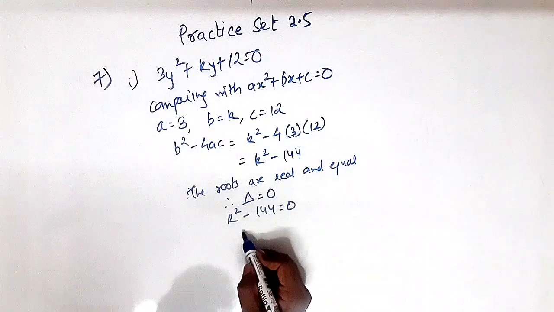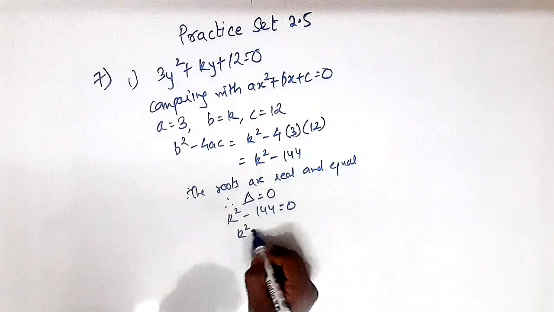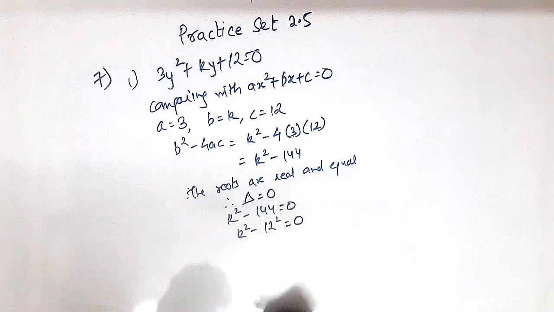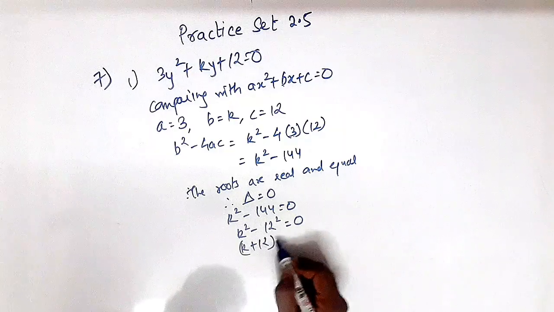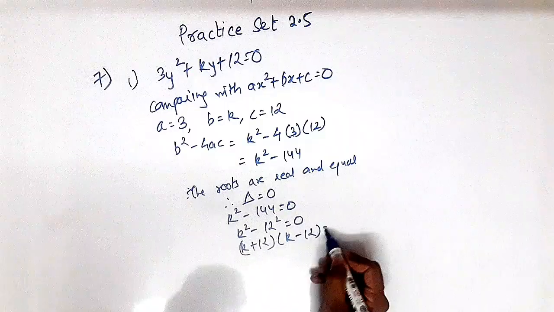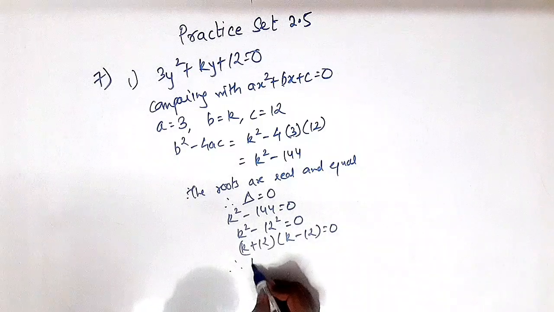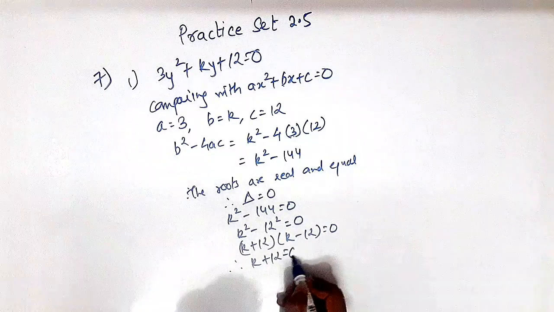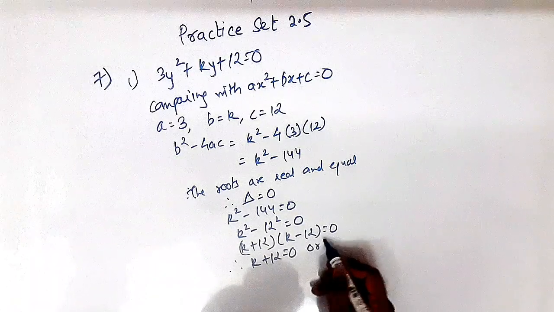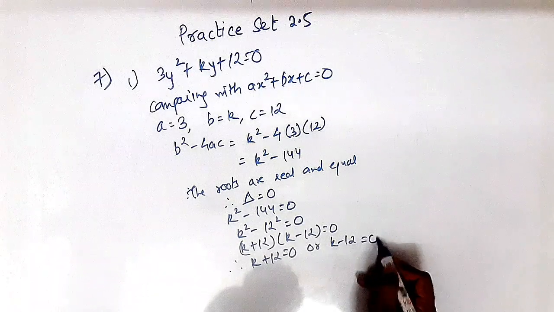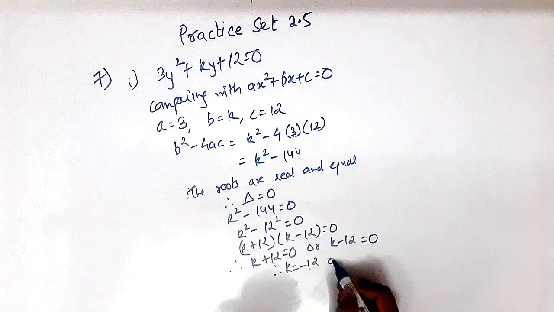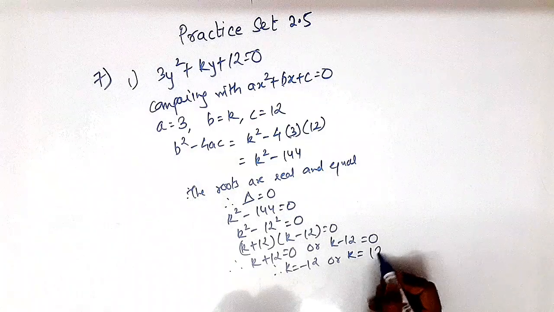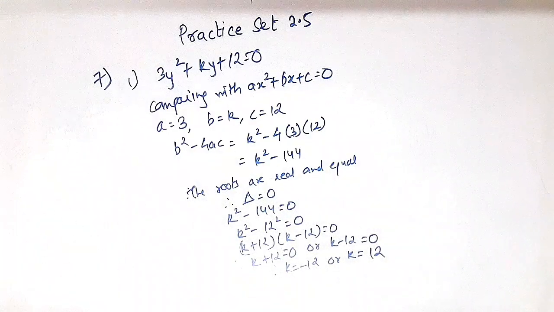So you know how to factorize this. This is in the form a square minus b square. So I'll write this as a plus b, a minus b equals to 0. Therefore k plus 12 equals to 0, or k minus 12 equals to 0. Therefore k is equal to minus 12 or k is equal to 12. Correct. Let us move on to the second one, which says